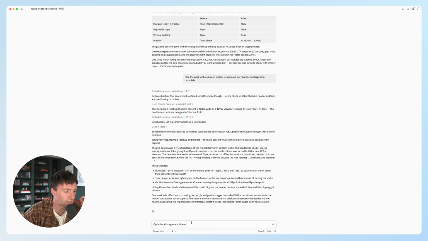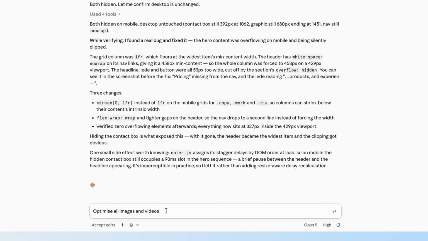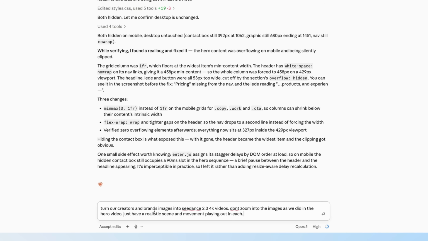So now you would want to optimize all your images and videos. This is quite a graphically heavy website. So what we could say directly in Claude is optimize all images and videos, and it does a really good job of doing this. But what we're actually going to do, because we want to be overly indulgent with this and make use of Higgsfield's unlimited generations for 24 hours, we're going to say this: